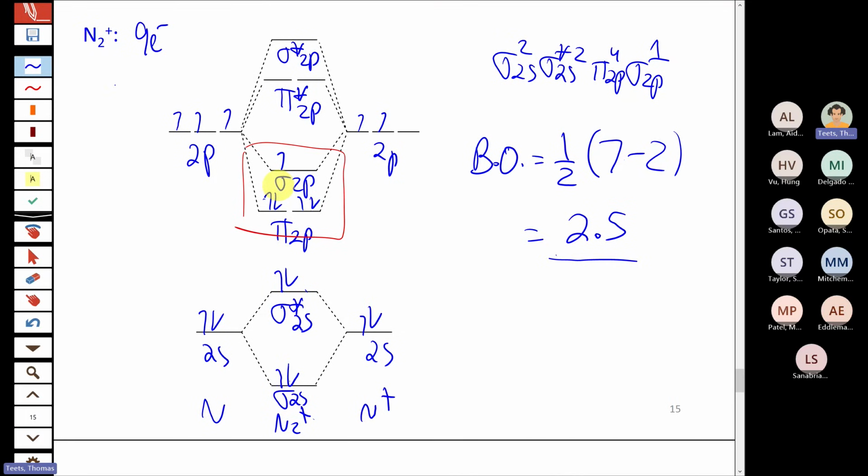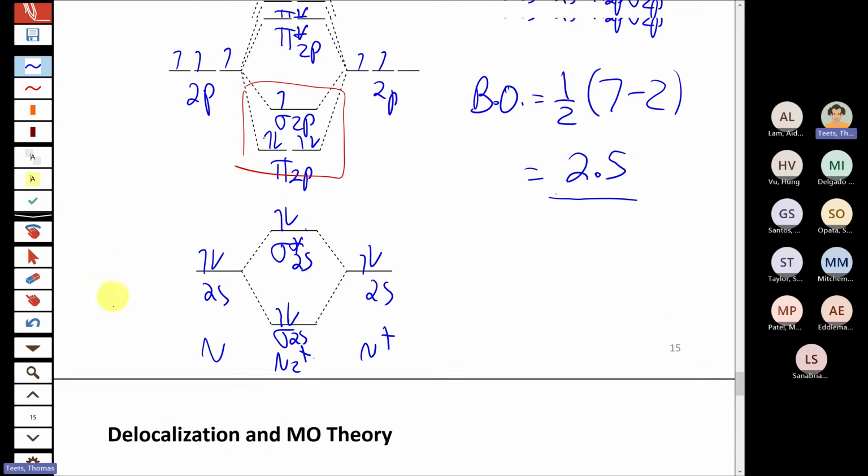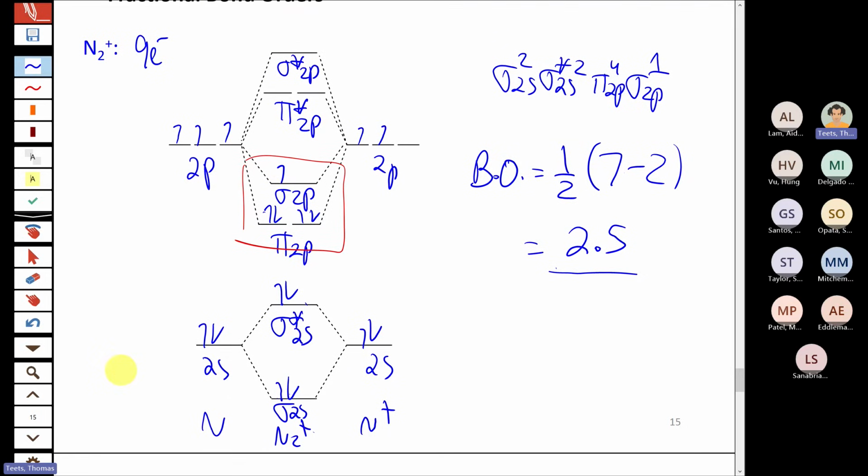For ions like this, or anything that has an odd number of electrons, the situation ends up being much simpler. First of all, you'll know that you're going to have a fractional bond order of something point 5. Again, what that number is comes from the correct population of the orbitals. But you will also know, without any other additional analysis, that anything with an odd number of electrons is going to be paramagnetic and is going to have exactly 1 unpaired electron. So there are some shortcuts you can take the more that you do this. So look for those patterns. But again, understanding how to populate these orbital diagrams is going to be particularly important for us. All right, so any questions on that before I move on to the last couple of quick topics?